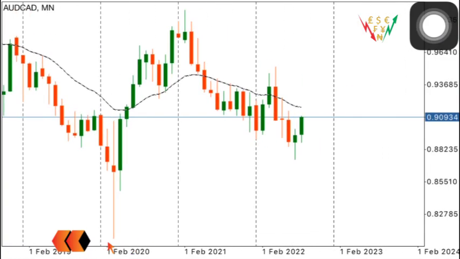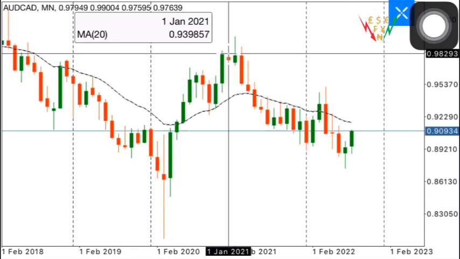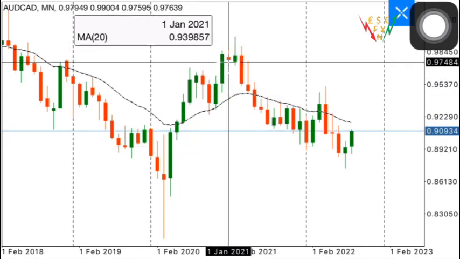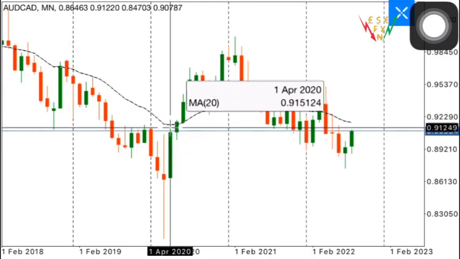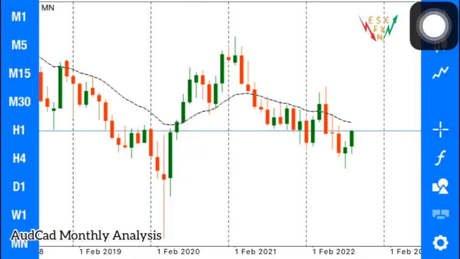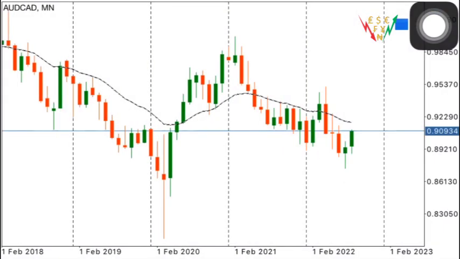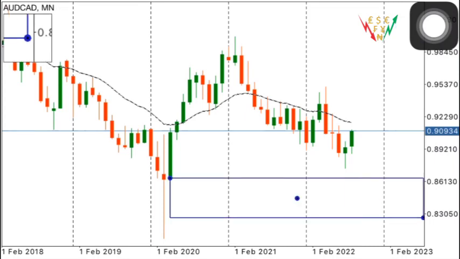Okay, so right here, guys, on the monthly chart, we can deduce that AUD/CAD has pretty much been bearish for some time, but it has come into a zone of interest, right? So guys, here we'll just be highlighting the supply and demand zones and giving you reasons why those zones are in fact very valid. Okay, so on the monthly chart, guys, we have a demand zone that was